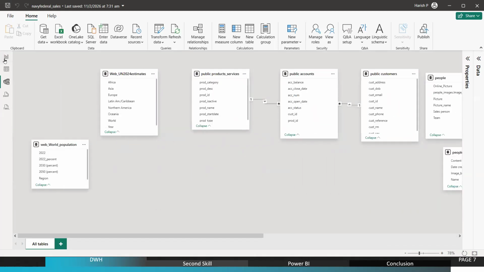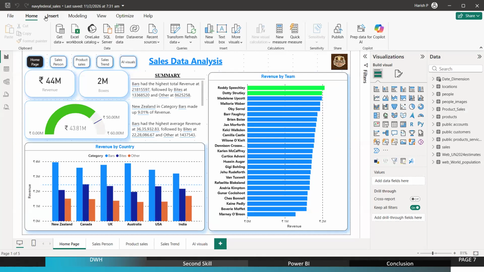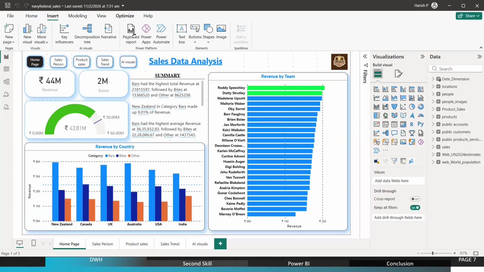Okay, and we are also going to touch base on some AI visuals, artificial intelligence visuals, because we are all talking about machine learning and artificial intelligence tools. So what I tell our students is that AI is not going to take the job, it is going to speed up our job.